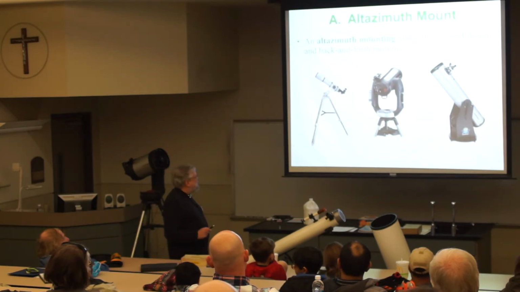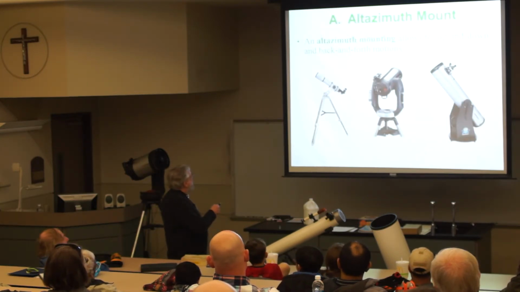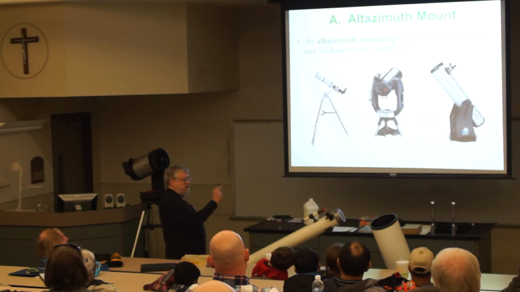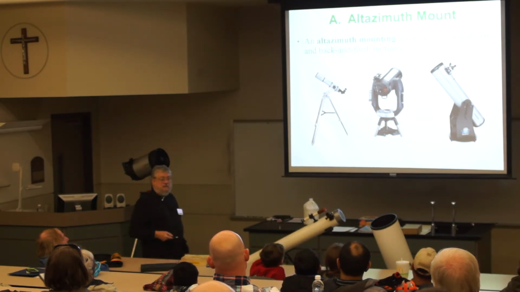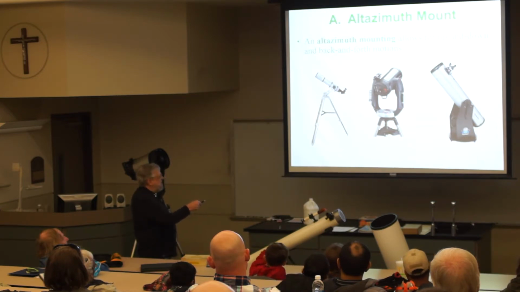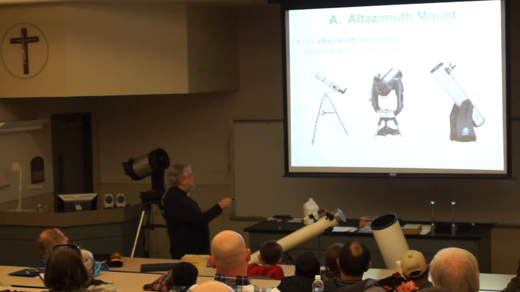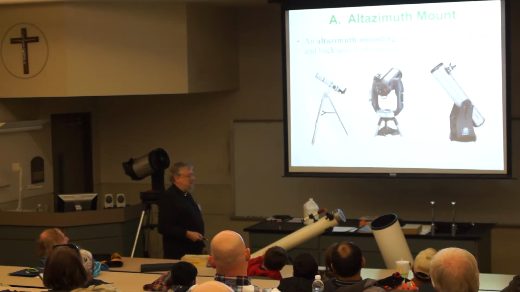Here are some telescopes with alt-azimuth mounts. Here's one that you can see right there. There's a pivot point that lets the telescope aim higher and lower. There's another pivot point right at the top of the tripod that lets it aim right and left. Here's one that's a lot better made, but it's still an alt-azimuth mount. Here's the axis that it can turn around on horizontally, and then here, pivoting the telescope in between, is your